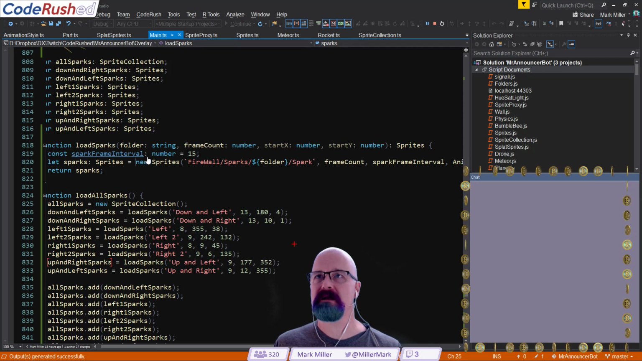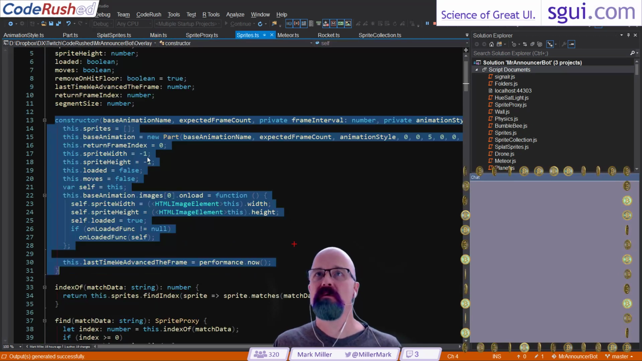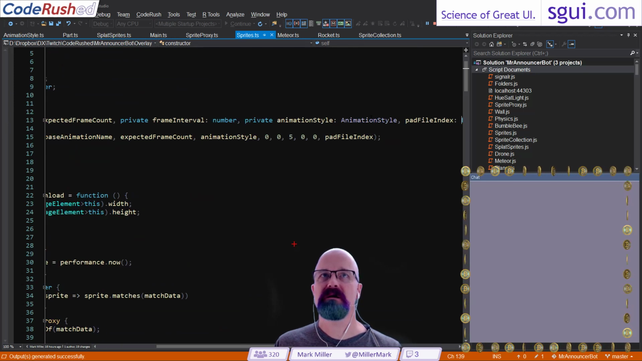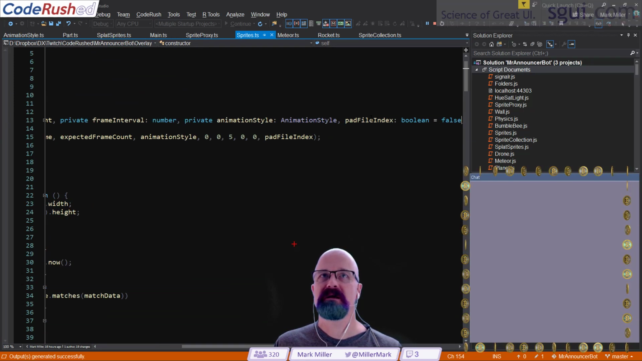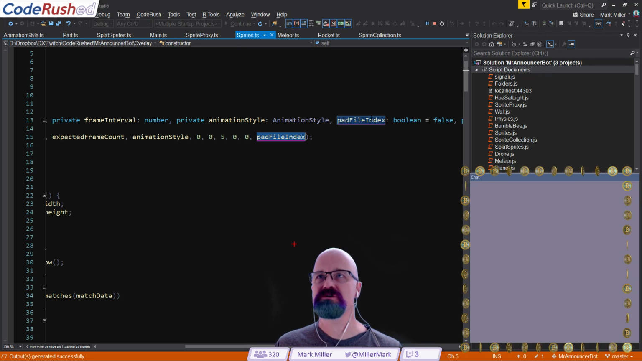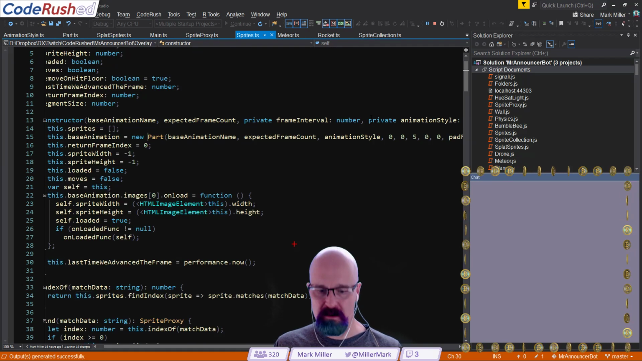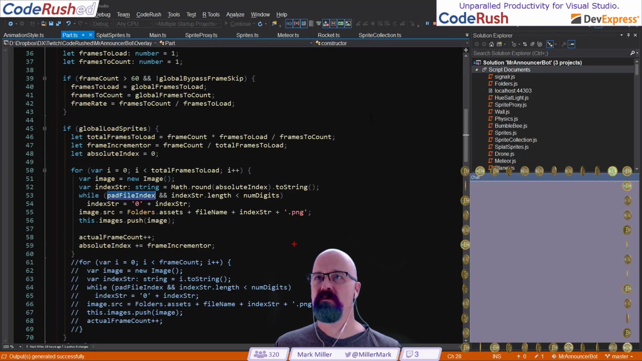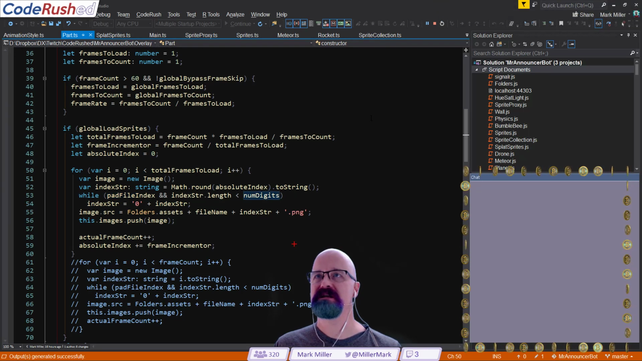Let's just look at that for a second, make sure that everything's what I'm expecting it to be. Over here, pad file index defaults to false. I'm setting it to true. I'm going into part with the value of true. And there it is right there again. And while pad file index and index string is less than the number of digits,